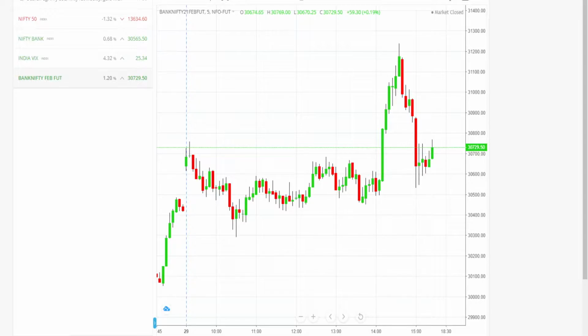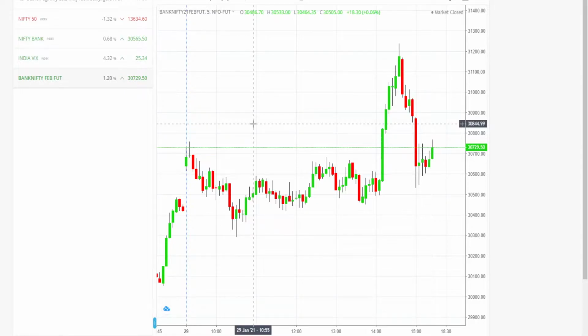So let us see how the behavior was last trading session, that is last Friday. Today is 30th of January. For the 29th, how was the day? We will check what the indicator suggested to us and how the price moved afterwards. This is the Zerodha platform I have taken. I'm not promoting Zerodha, it's just easy to view, so I have taken the chart of the Zerodha platform.